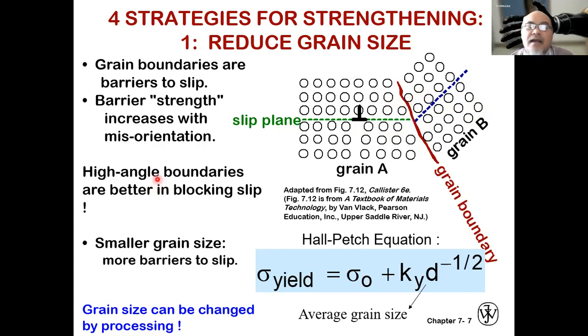High angle boundaries therefore are better at blocking the slip. If you have a smaller grain size, if this grain is smaller and this one also smaller, it means you have more barriers, right? Because each grain is smaller, there are more barriers between the grains